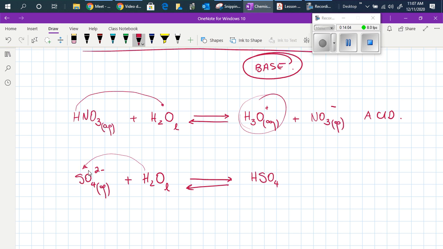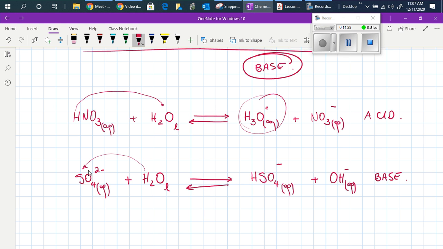Now, by stealing one positive hydrogen, this becomes -2 plus 1, which is -1, just -1 in aqueous solution, and the water molecule is left with the hydroxide,